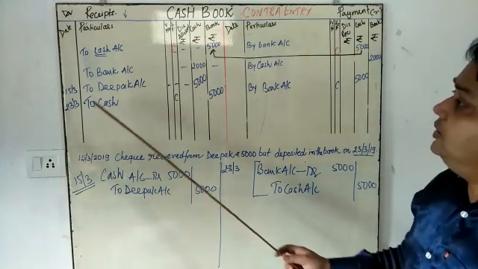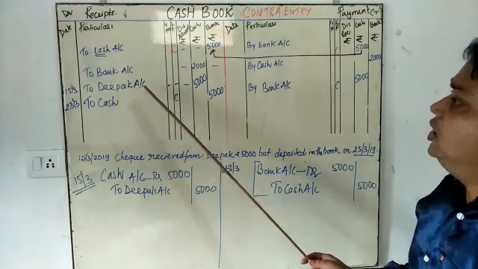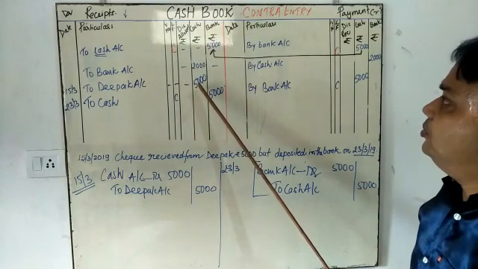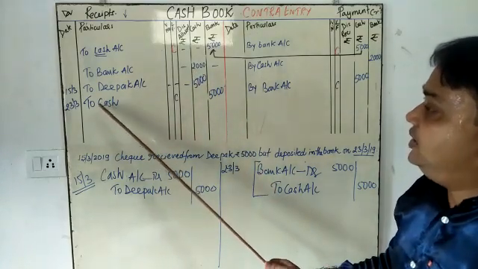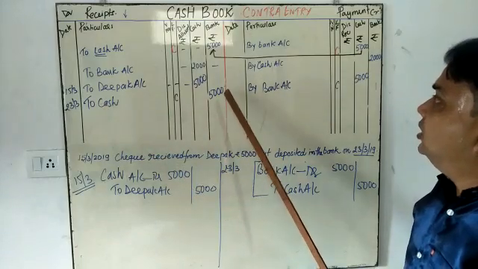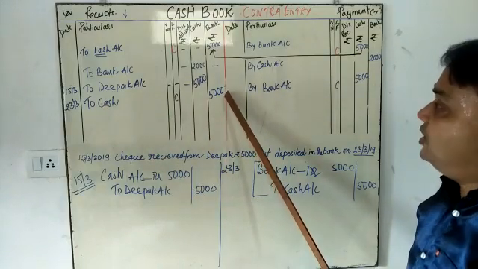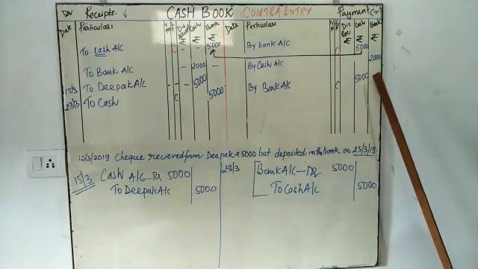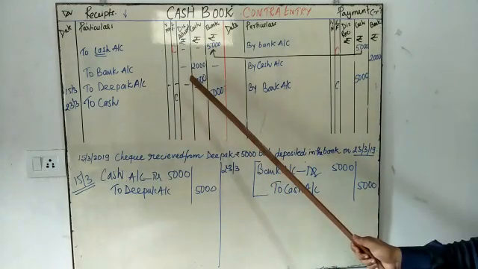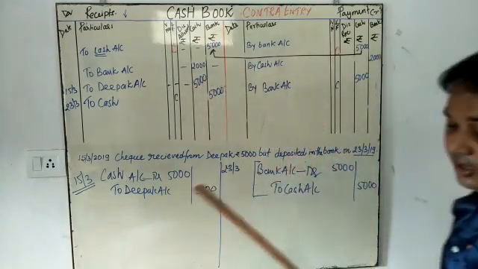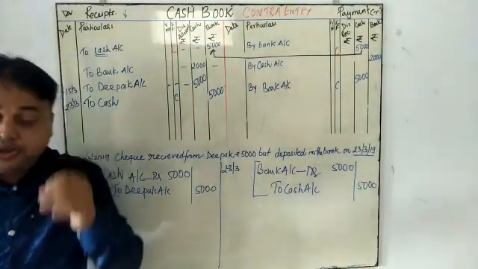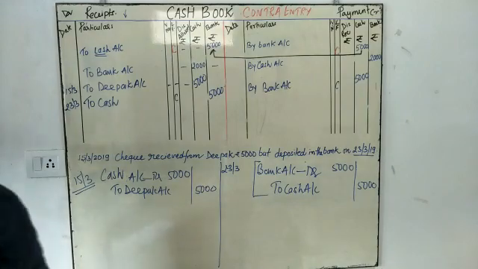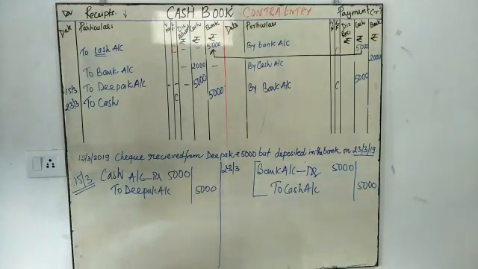So see here, when Deepak has given a check, you put here 5,000 rupees in cash. Okay. See, on 23rd, what will happen? Your bank is going to be increased by 5,000 and your cash is going to be decreased by 5,000. So this is the contra entry. Okay. So keep remembering all these contra entries, my dear student, because it is very important for your examination. Thank you.